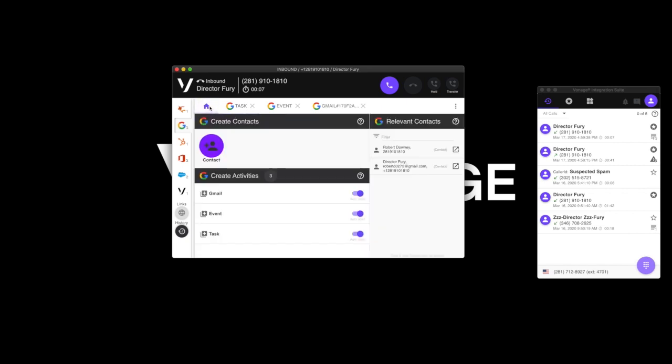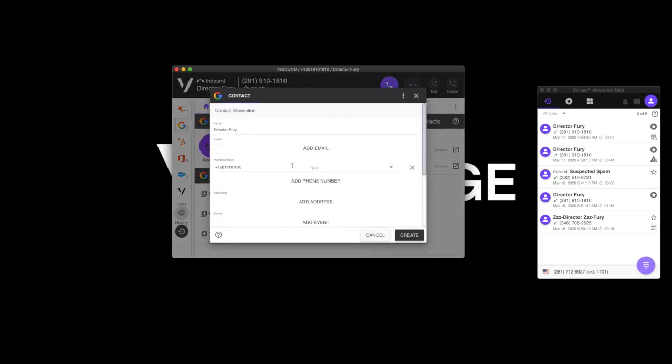The home button allows me to see multiple matches so that if I want to pick a different contact from that caller ID, in the case of a company that's presenting one caller ID, but you might have multiple contacts at that company, you need to make sure you're logging the activity accurately. So I can simply click and drag that name to the appropriate task, event, or Gmail email that I want to send out. I also have the capability to click on Add a Contact directly from inside this interface and add a contact directly into Google.